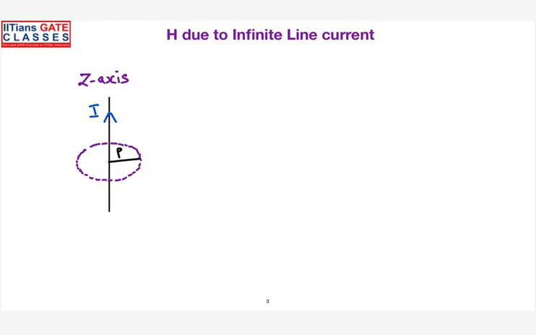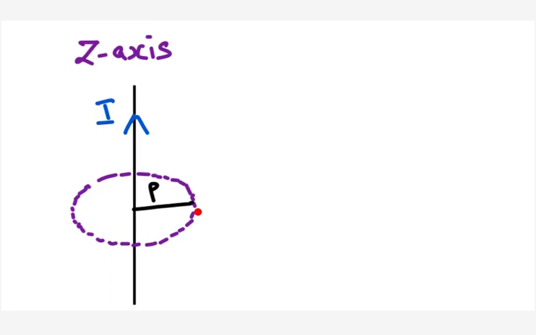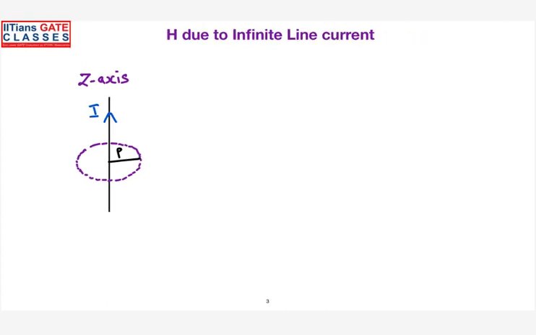First, we'll try to find the magnetic field intensity due to an infinite line current. You can see here, this is an infinite current element, which is located along the z-axis. And whenever there is a current flowing in this wire, the magnetic field is going to be produced around the wire. So in the last class, I told you the direction in which the flux is developed. Did you remember? In which direction will the magnetic flux be developed when the current is flowing in the z direction? Good. The magnetic field is developed in the phi direction.